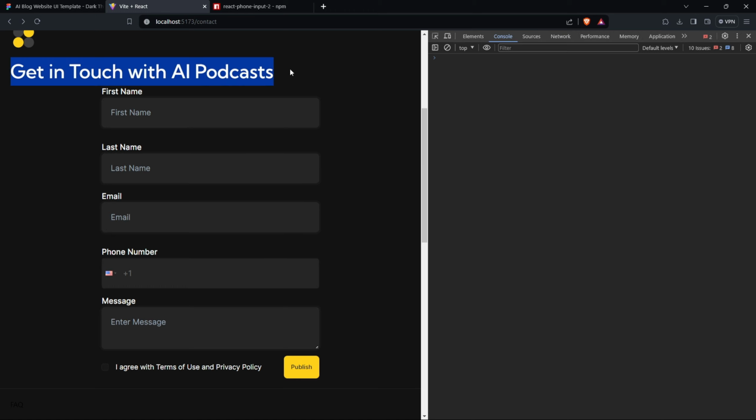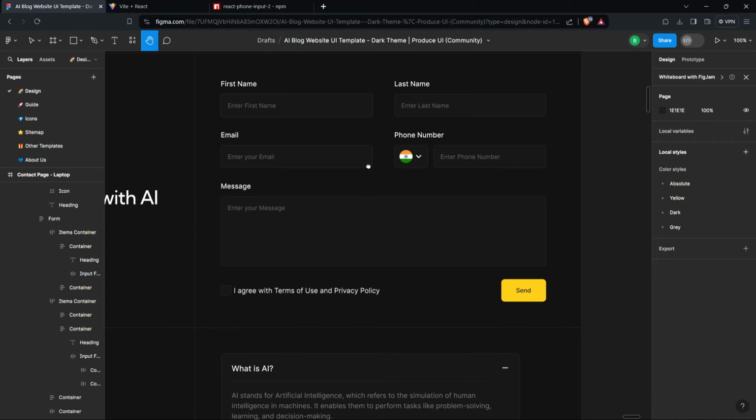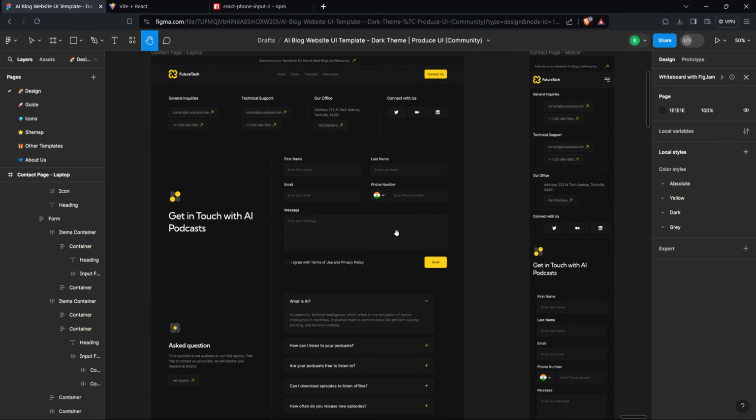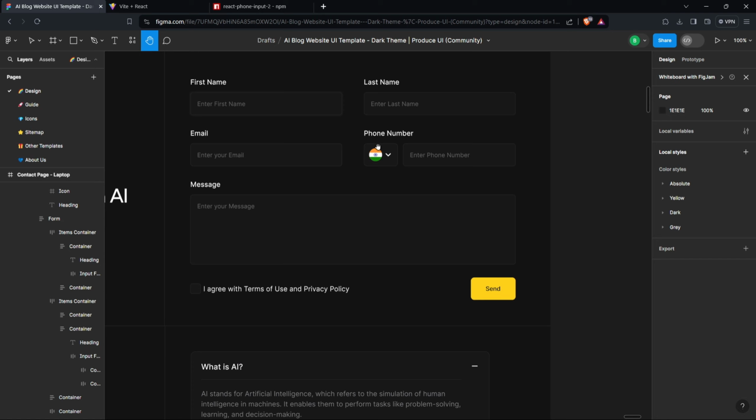Today we'll be building a contact form. Before moving ahead, I would like to introduce the problem statement. Here, I am building this contact form, and in this contact form, here is the image of the country, and we need to enter the phone number. And in order to achieve this, I have found a